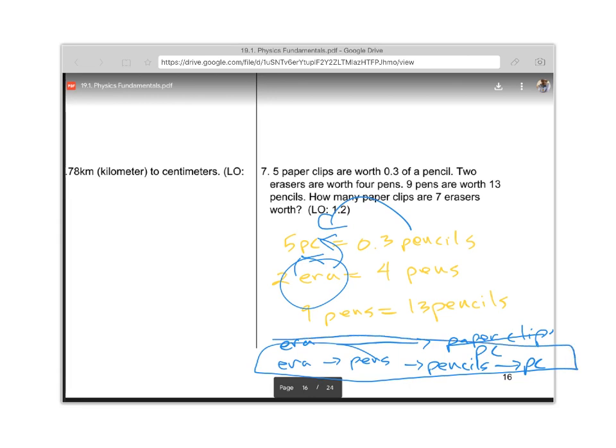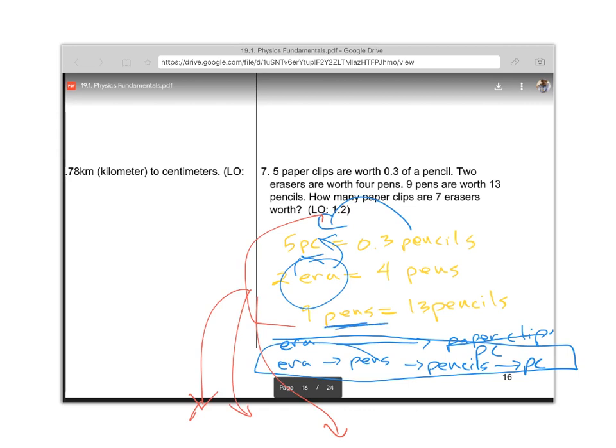Okay, so once you have the pathway established, then you know you are starting with 7 erasers. You can put any number over 1. And from here, you're going to just write the equalities that are present. From this section, you're going to put all 3 equalities in the places where they are supposed to go. So, erasers to pens, there are 2 erasers and 4 pens. Pens to pencils,